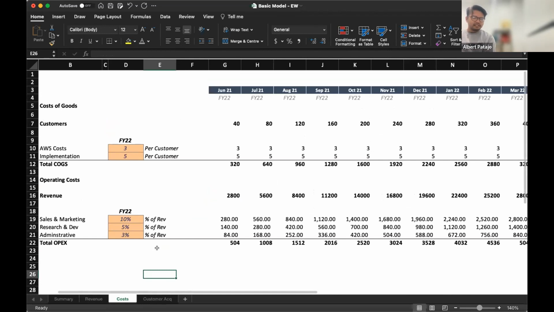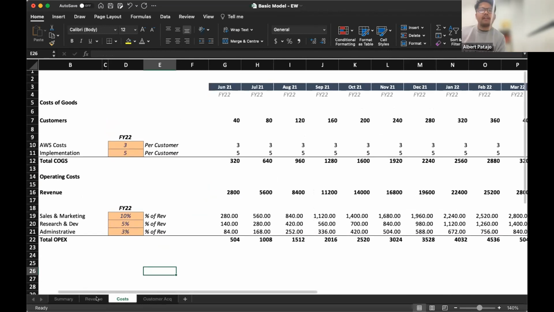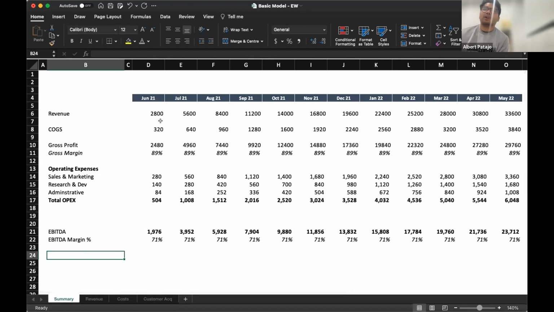Any questions? Cool. This leads me back to my first tab, which is a very basic P&L, which takes inputs from the revenue tab and the cost tab and spits out a pro forma P&L that you could copy and paste into a presentation.